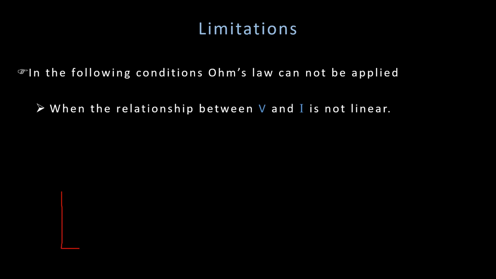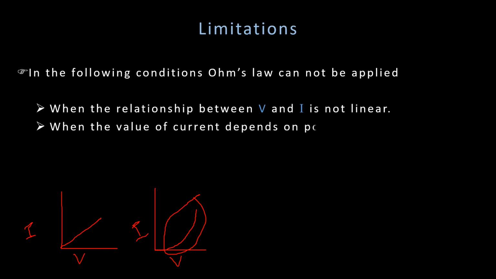So when you find the graph of I versus V or V versus I like this, you can happily apply Ohm's law. But if ever you see that the graph of I versus V or V versus I is like this, or maybe of some other shape which is not linear, then don't apply Ohm's law. This is called a non-linear relationship between current and voltage, and Ohm's law is not applicable to such a component. Diode is one such component, transistor is one such component, where if you plot a graph of voltage and current, you will not get a straight line, and so Ohm's law is not applicable to such components.